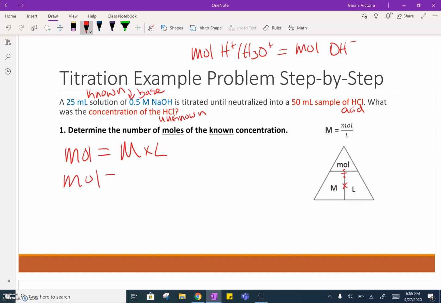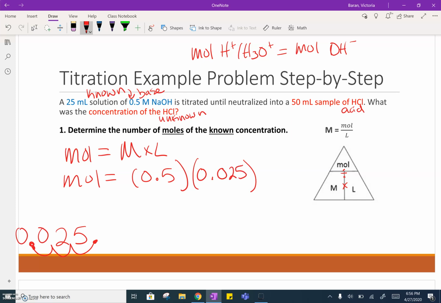So we know our molarity of our known is 0.5 for that NaOH, and we need to multiply that by liters. Right now we have milliliters, so 25 milliliters. If we're going to get that into liters, again, you can do a picket fence, or I like to move the decimal. So we're going to move the decimal 1, 2, 3 places to the left. So that means that we have